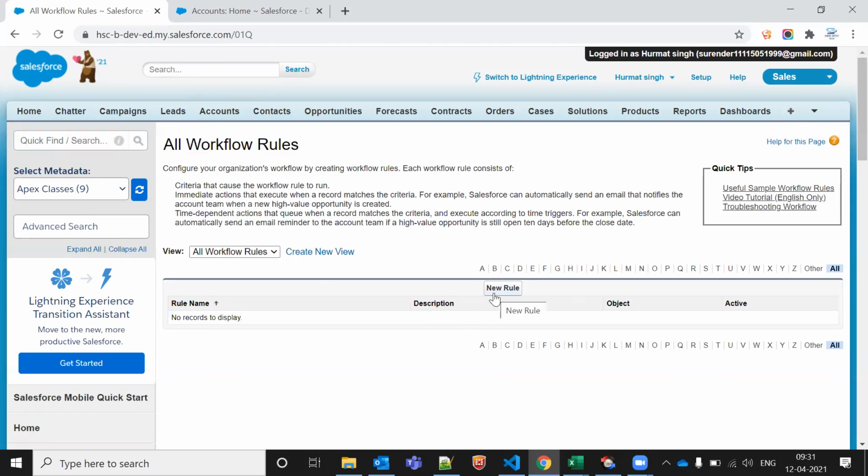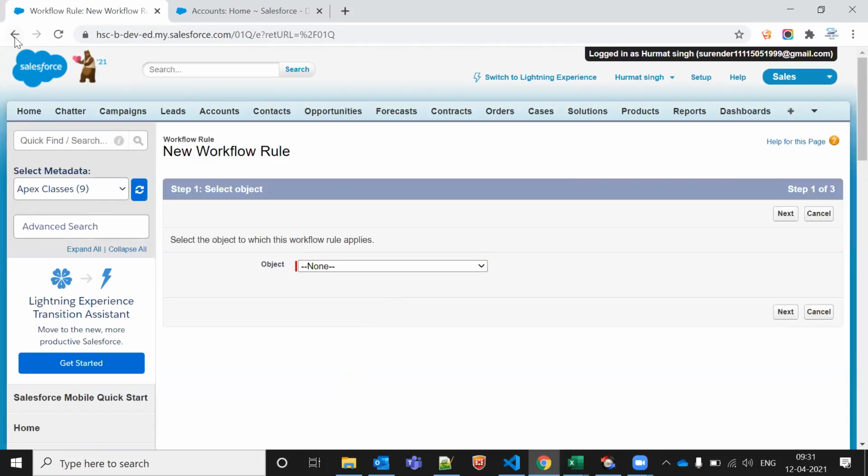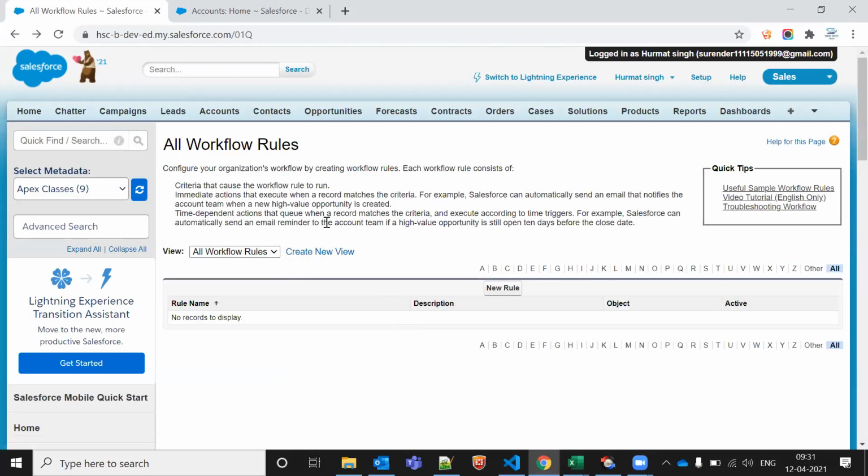If there is a time trigger or something, maybe we... I didn't see that. You have to explain. I'm not saying no. I'm asking you, can we delete it? So you are saying yes, we can do. No, so you are saying we cannot do. So you have to explain that. If it is time triggered, we cannot delete. In case of immediate, we can delete. Okay, time dependent, you can try from your side. I'm telling you, we cannot delete a time dependent workflow, but this basic workflow we can delete.